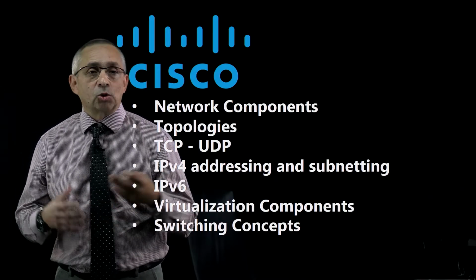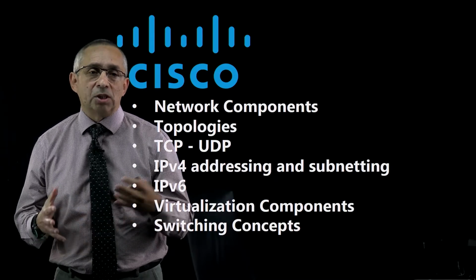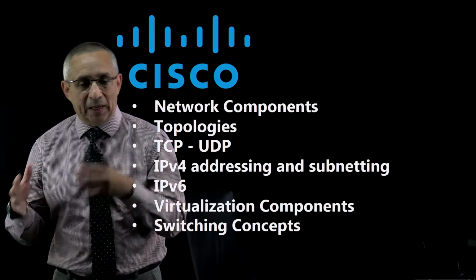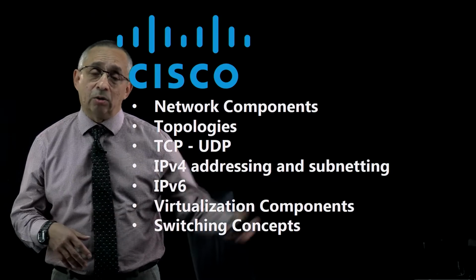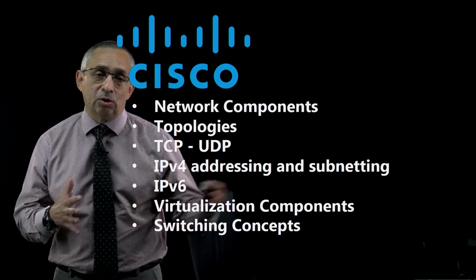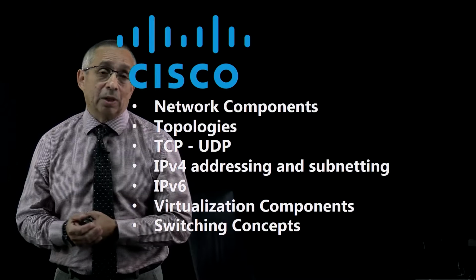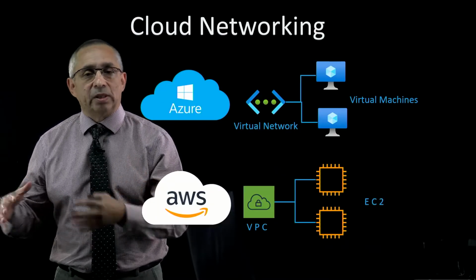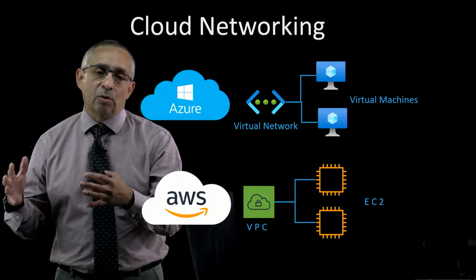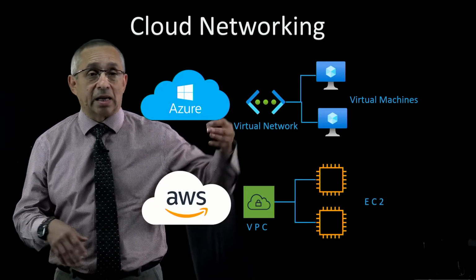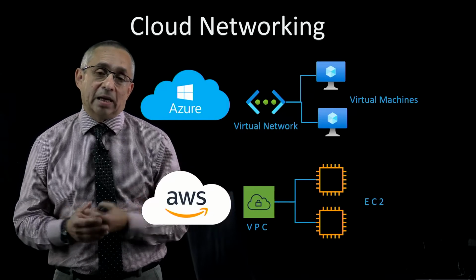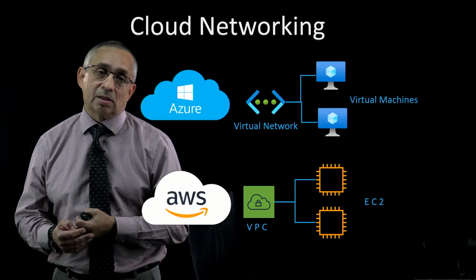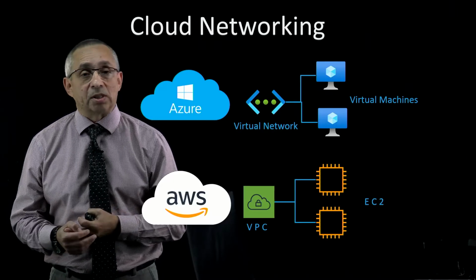In Cisco, switching is very important because switching allows you to control the traffic going inside your network, depending on the size of your network. You can control that traffic using switches and using virtualization components also. One of the main concepts between Cisco routers, for example, and cloud networking is that network providers like Azure and AWS, most of them, use a lot of Cisco routers. They use a lot of Cisco switching, for example.